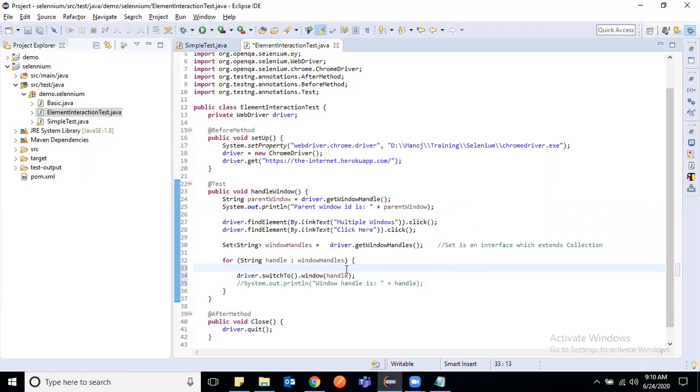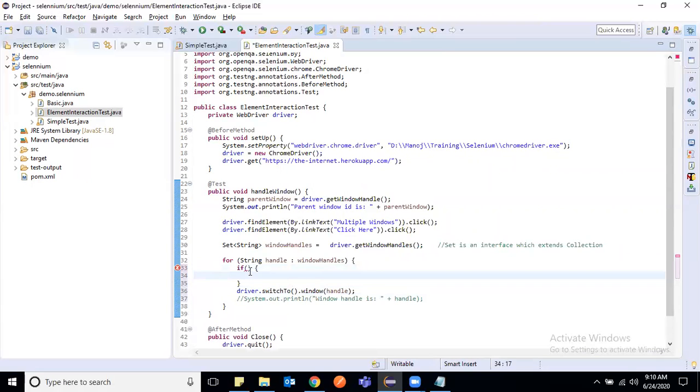But if I specifically want to validate that it is not the parent window and then switch to the child window, I have to use an if condition.